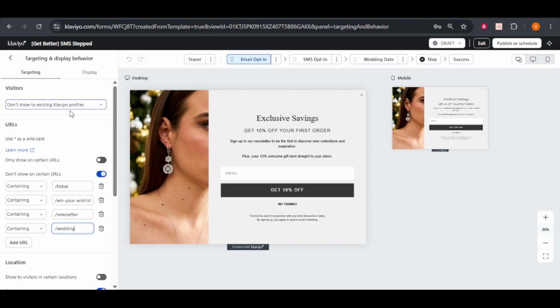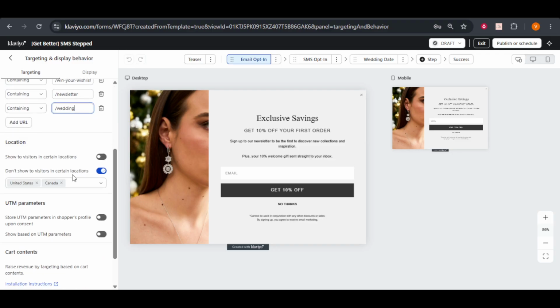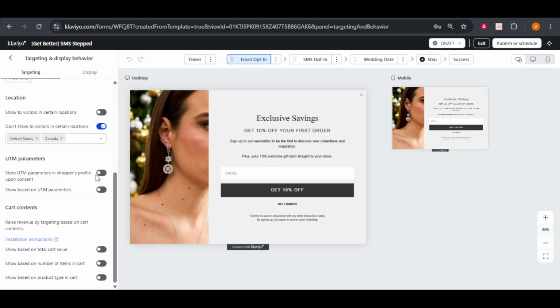And there you have it, a simple yet effective way to create a pop-up in Klaviyo for your Shopify store. Remember, the key to a successful pop-up is to keep it engaging and relevant to your audience. Whether you're promoting a limited time offer or collecting email addresses for your newsletter, make sure your message is clear